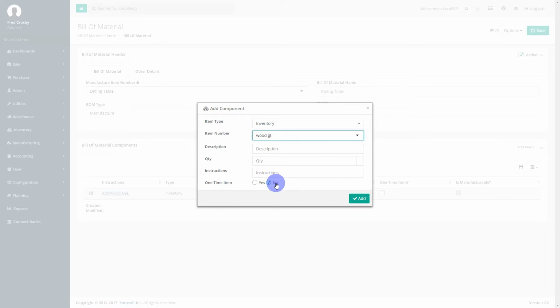Let's say we need some wood glue, and let's say we need about maybe 0.5 liters of wood glue. And let's add one more item. Let's say we need some screws for the dining table. Let's say we need 24 screws. Click on add,